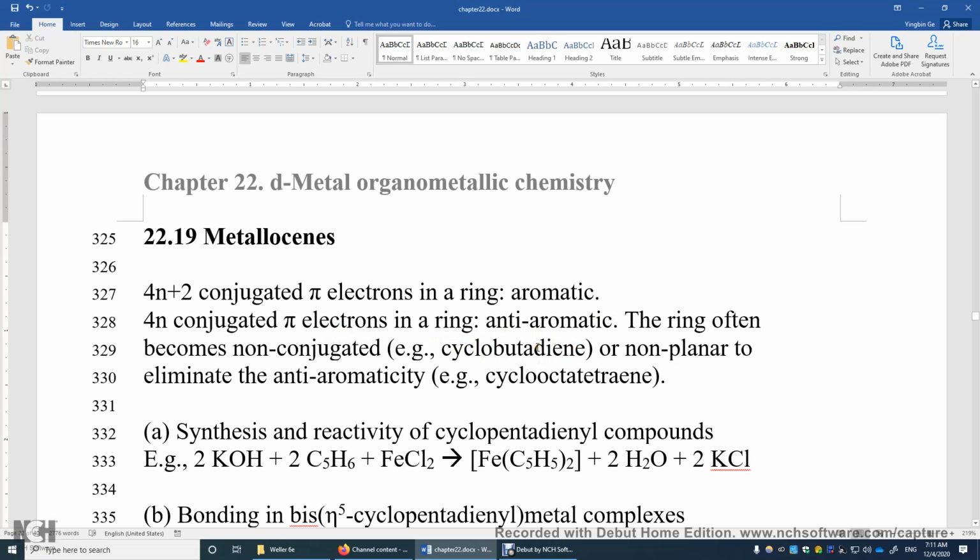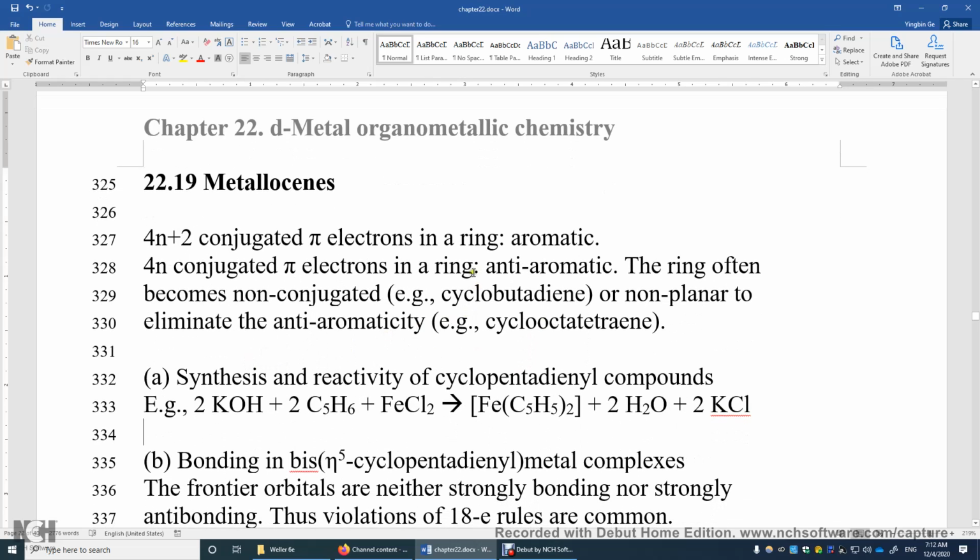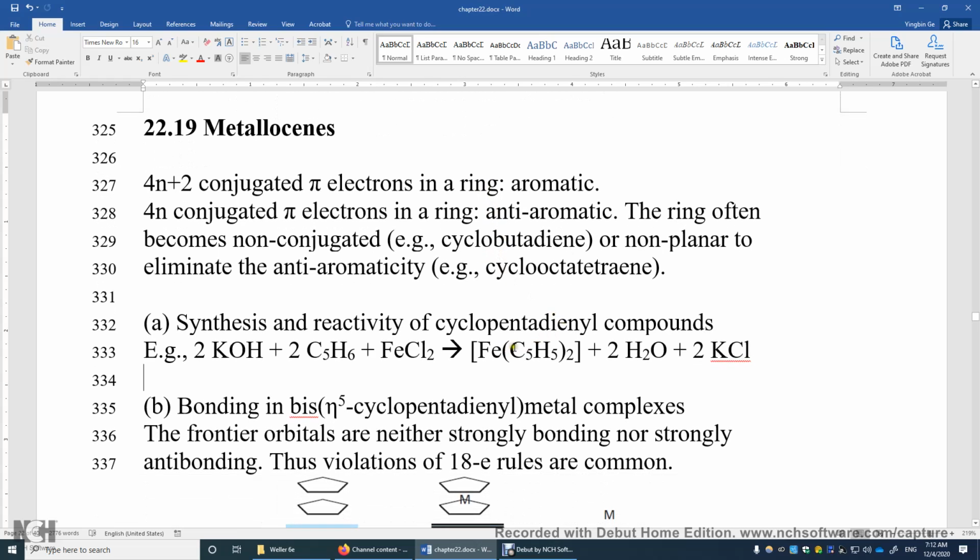In this structure, you have 2 double bonds and 2 single bonds. Or it may become non-planar just to eliminate the anti-aromaticity. For example, this cyclooctatetraene structure is non-planar. There's no conjugation in this cyclobutadiene or in this cyclooctatetraene. There's no conjugation. The reason I talk about this is because I want to make sure that you understand this